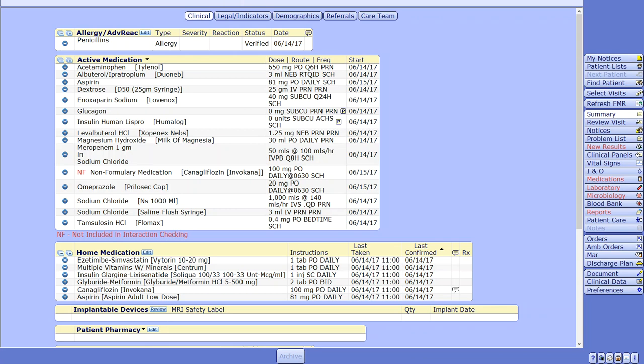This video will cover the discharge process of the new e-prescribing functionality. We're starting on the Summary tab where we can see active medications here and home medications here. We will go to the Discharge Plan tab